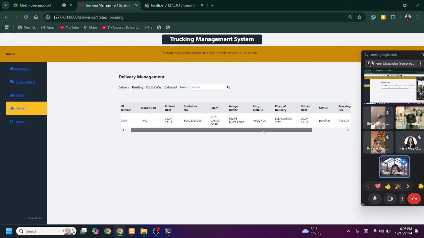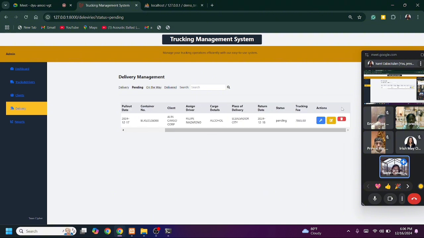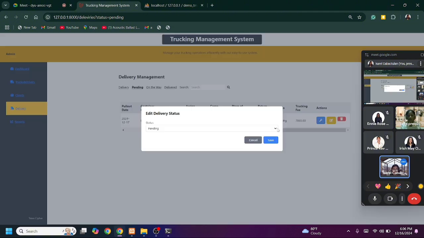So this would be the pending tab. In our pending tab, we have three buttons in our action column. First, if we want to update the status, we have the edit delivery status.